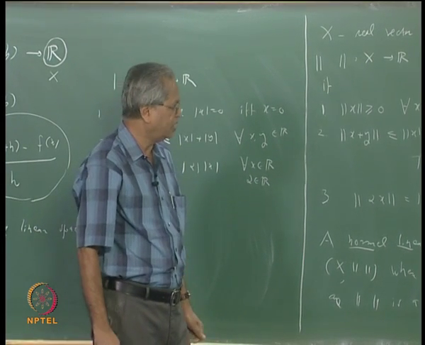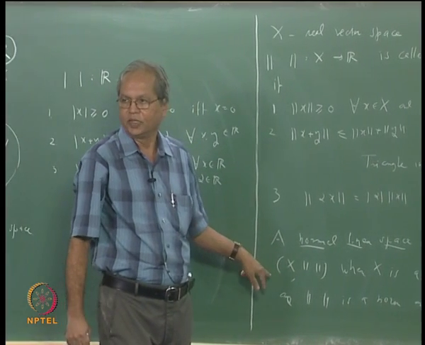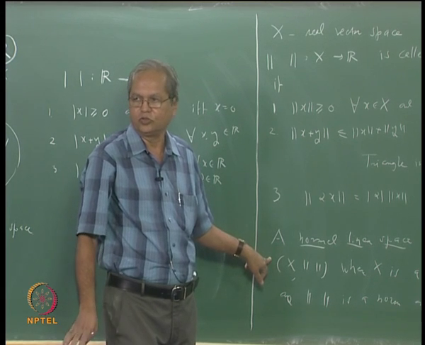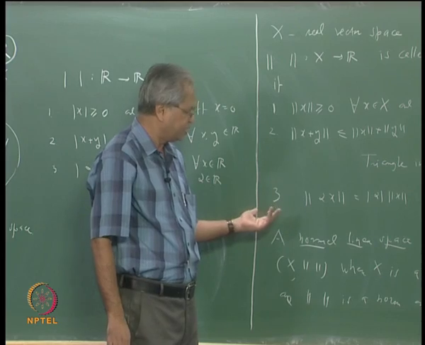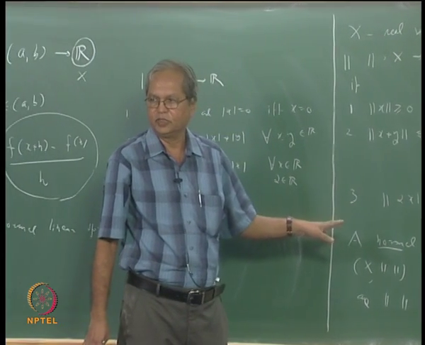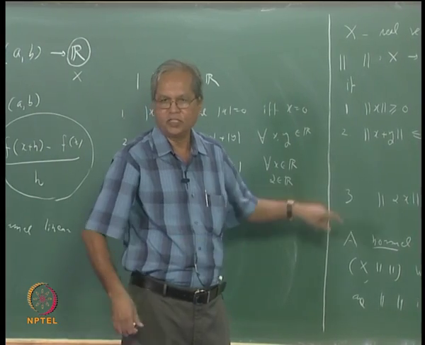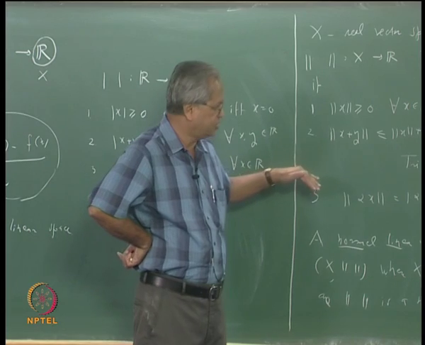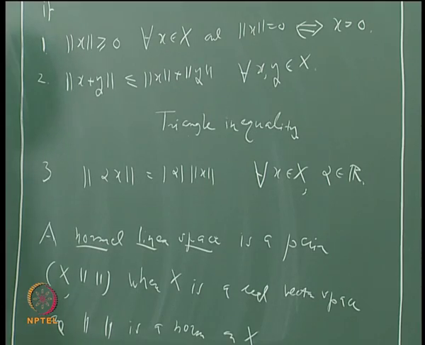It is that a large number of metric spaces are basically normed linear spaces. Every normed linear space is a metric space. Of course the converse is not true. There are exceptions, for example the discrete metric space is not a normed linear space, because you can define discrete metric on any set, whereas norm you can talk of only on a vector space. But most useful examples of metric spaces are normed linear spaces.